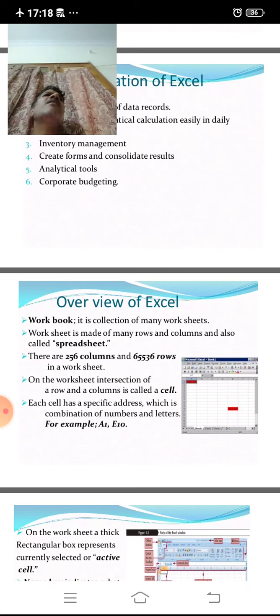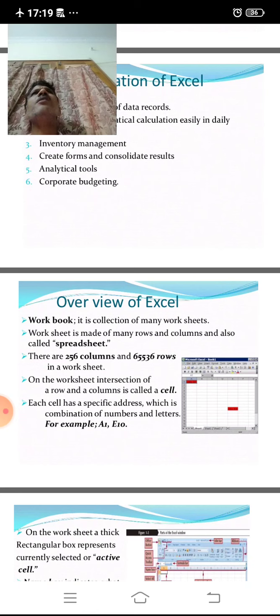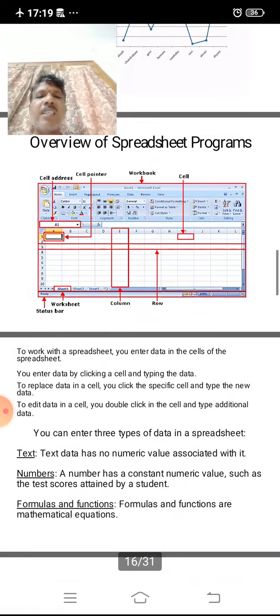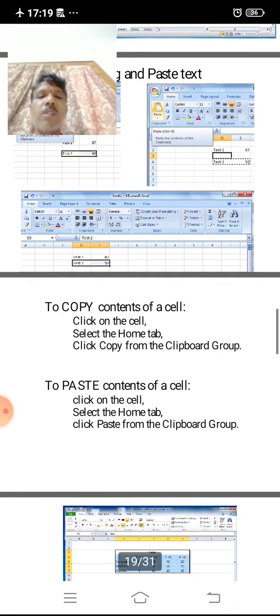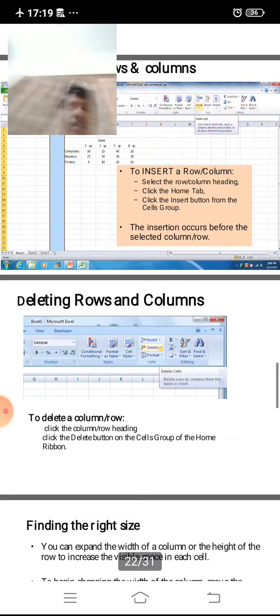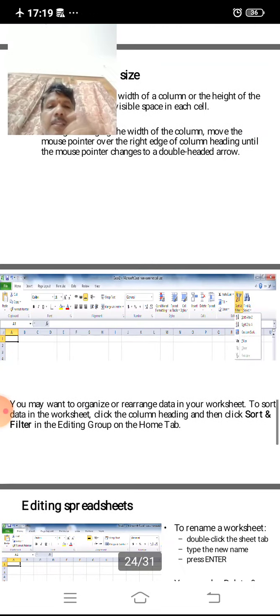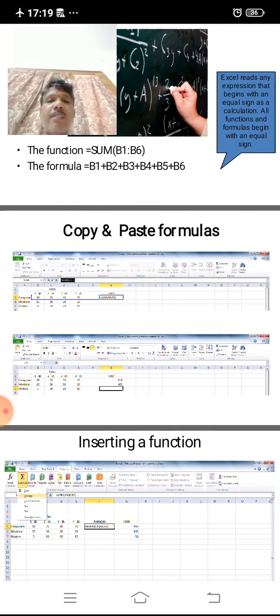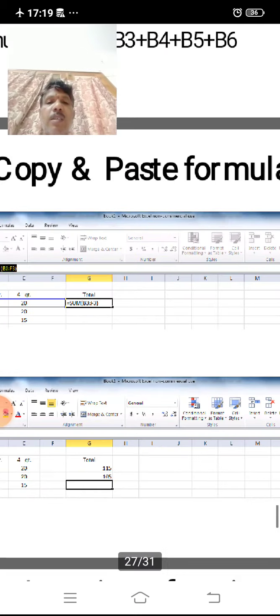If you copy this cell to other cells, the relative address is applied according to the new position. For that I will give one example, in finding the sum and average.